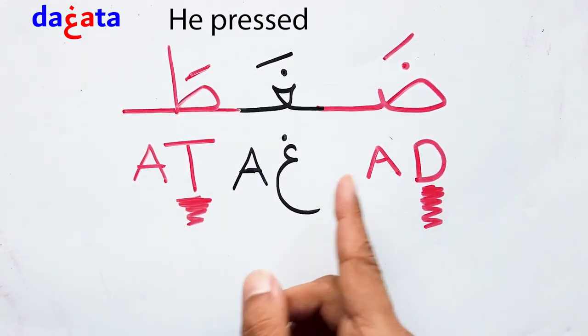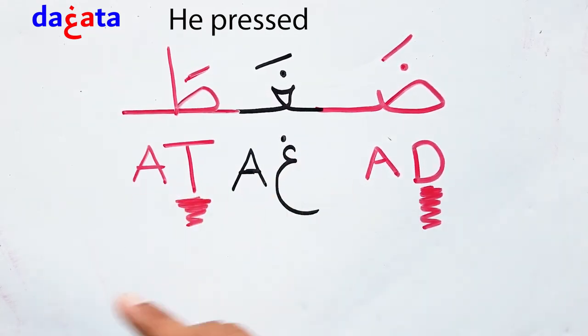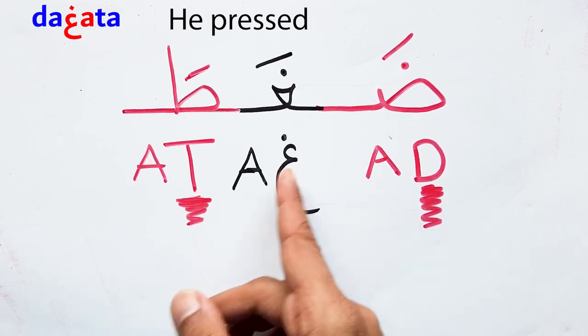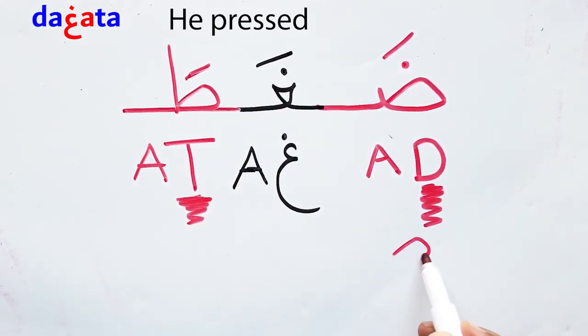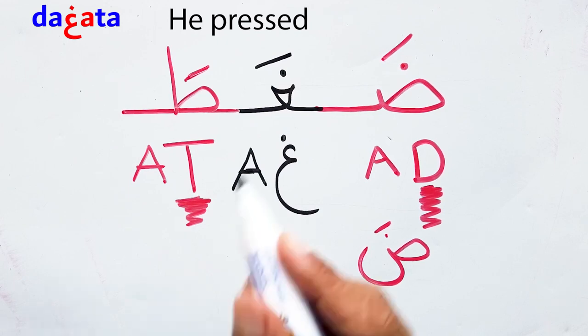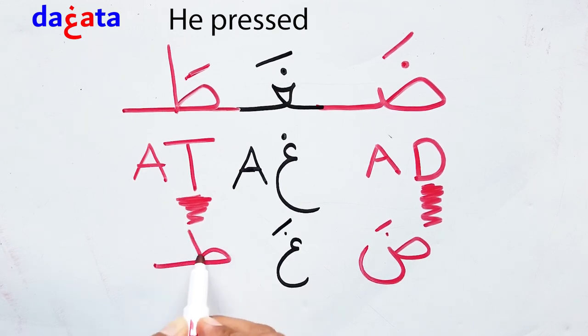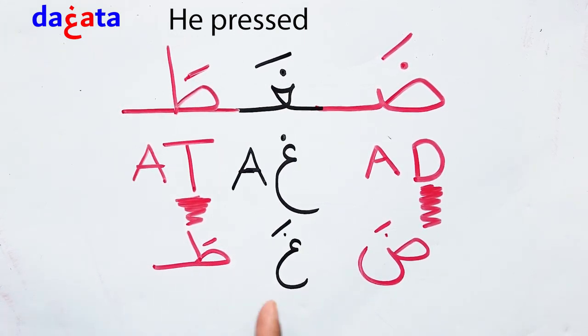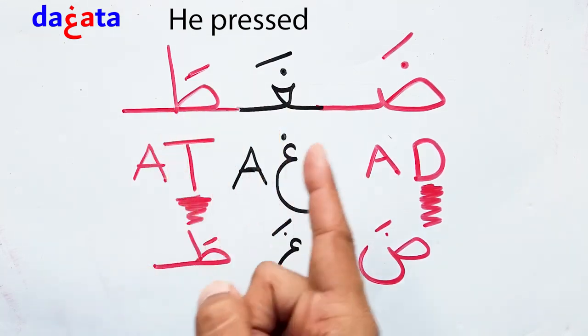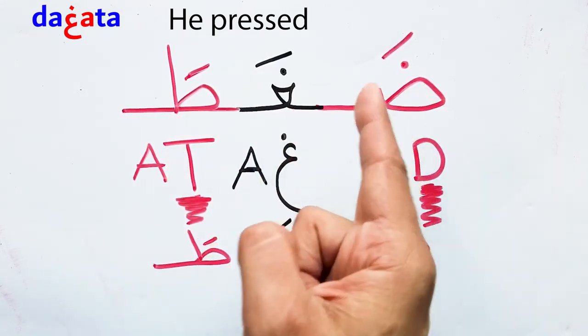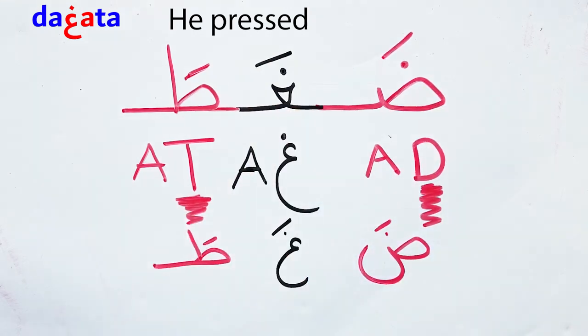So now we have da, gha, ta, ضغط. Why do I say this word is very important? Because all their letters and sounds don't exist in English. They are stronger, they have a stronger accent than English. So da, gha, ta. Let's see their shapes out of the word. So this is da and gha. It is like this. And finally we have ta. ضغط.